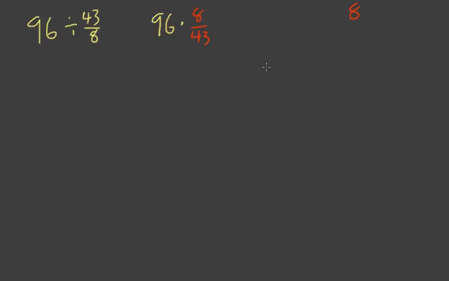96 times 8. Well, let's do this the way that I've taught you before. We can change this 96 into 90 plus 6, and then we can distribute. All right, so let's do that. 8 times 9 is 72 plus 0, so it's 720. And then 8 times 6 is going to be 48. So it's going to be 768, I believe, all over